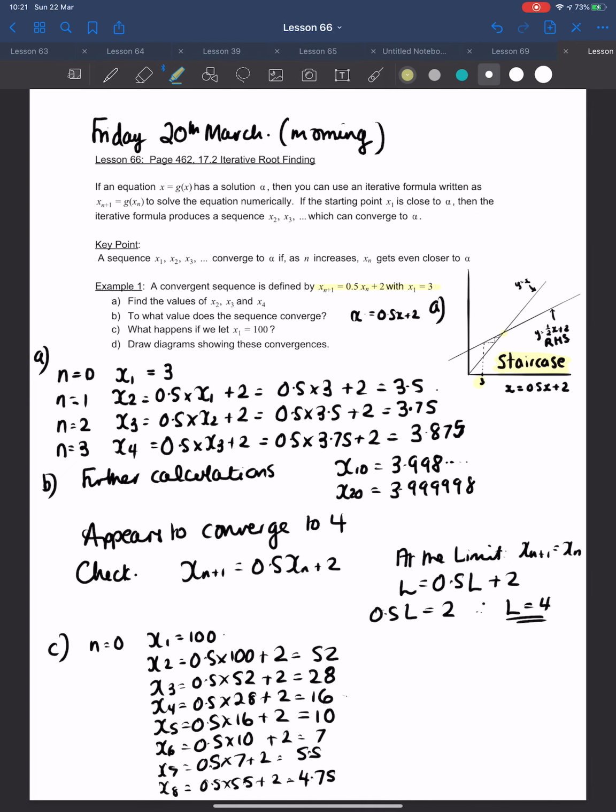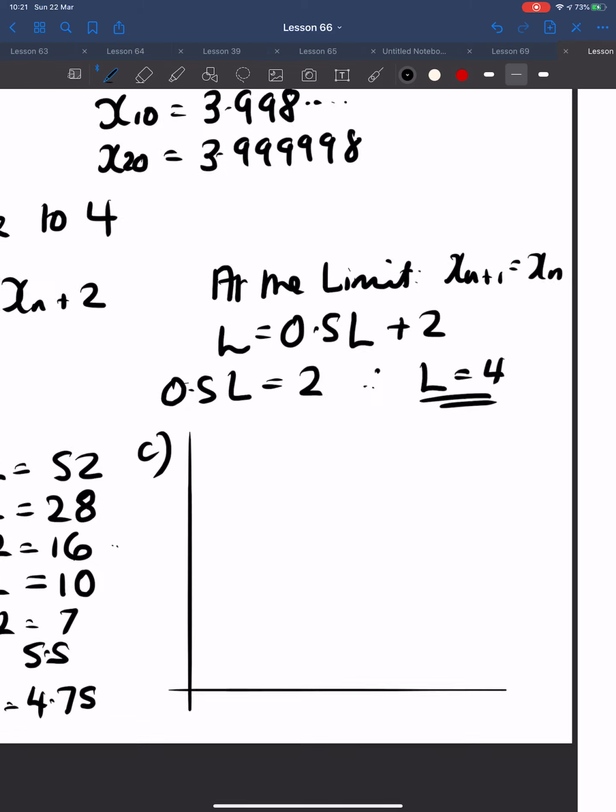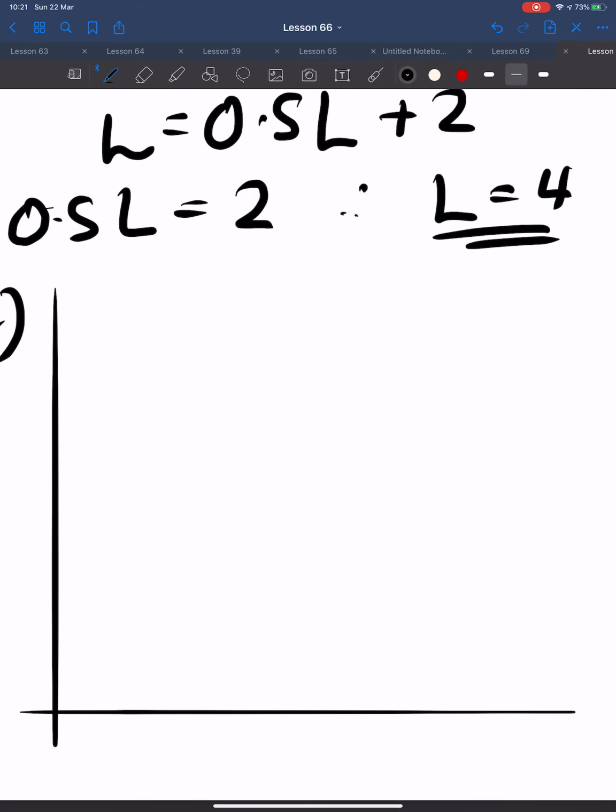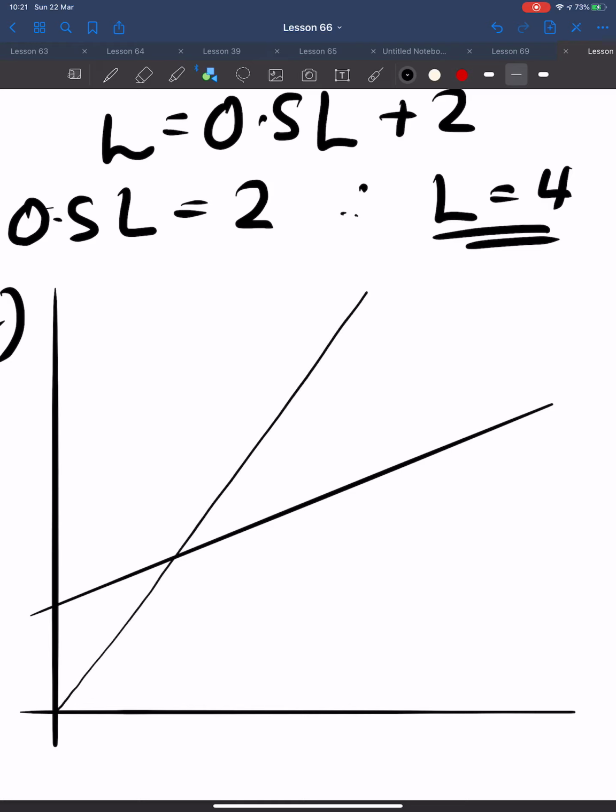Right, this diagram, the 100 one, I must have taken this from another book, because this isn't quite the same as the book. The book only does A and B, it doesn't ask for the diagrams, but I'm doing them anyway. That's the diagram for A, so now the diagram for C. So again, we've got the same 2 diagrams. We've got y equals a half x plus 2 and y equals x, like so. If we start with 100, which is out here,